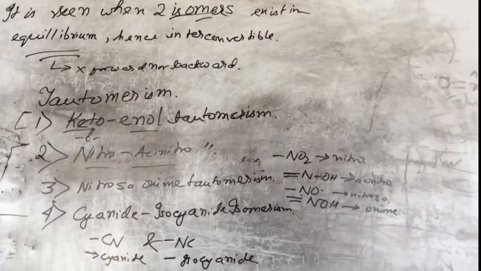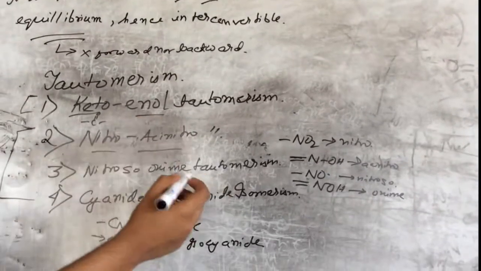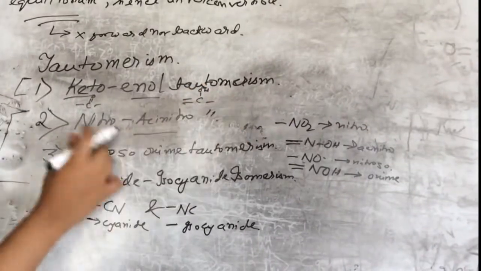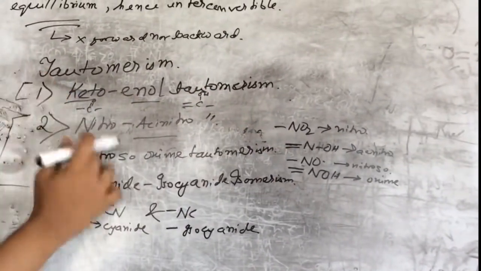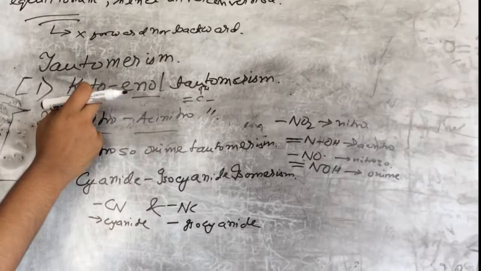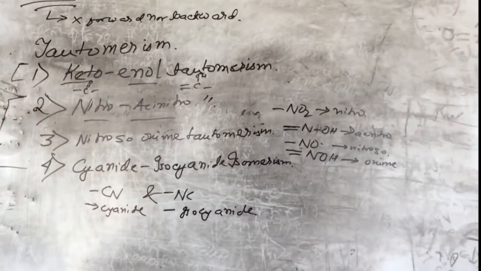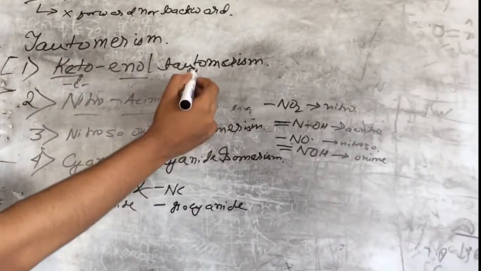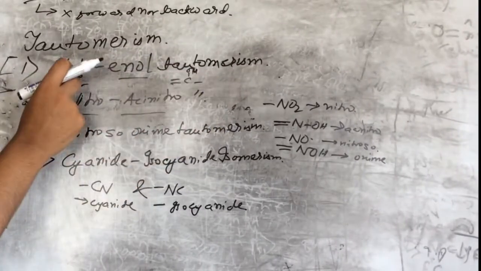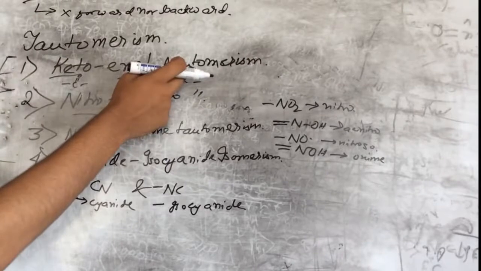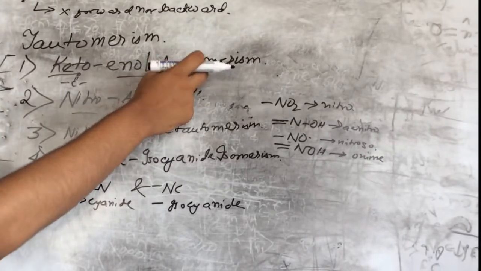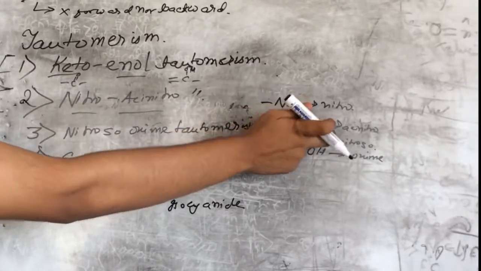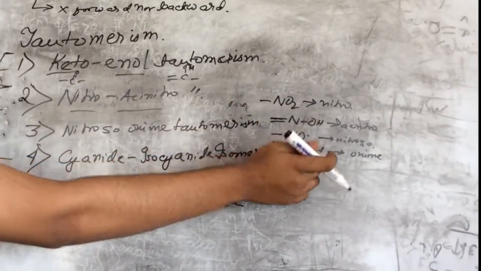And one thing you will notice here, that in all these first three cases, we can see that a double bond breaks and some hydrogen transfer is taking place. That is, here there was an unsaturation present, the unsaturation comes here and then H gets added here. Same goes with this, the unsaturation comes here and then H is added here, and same with this.